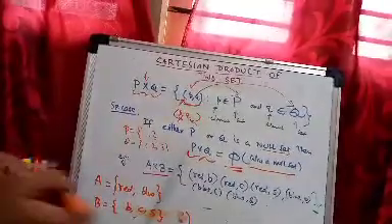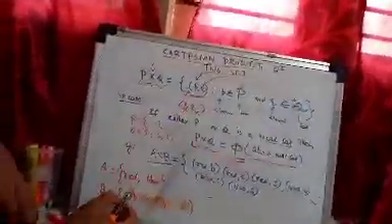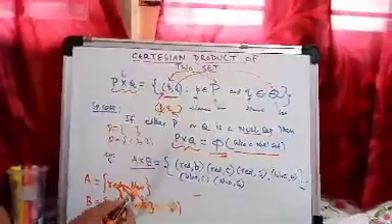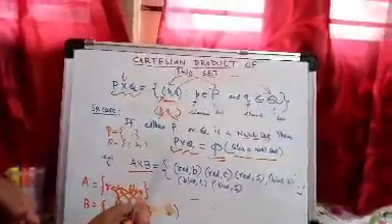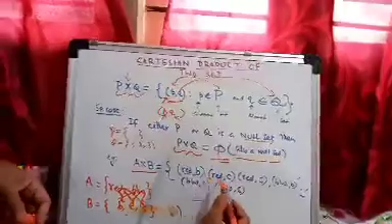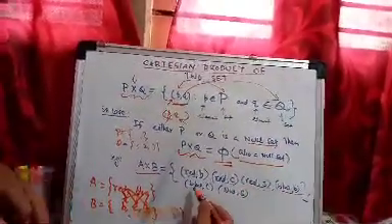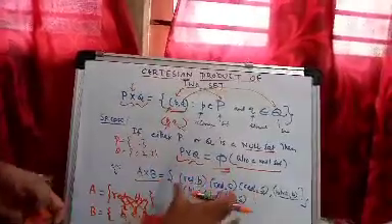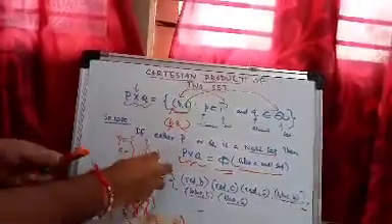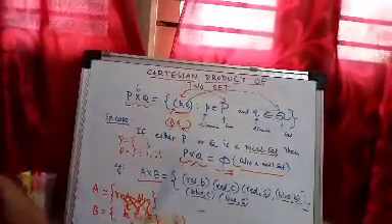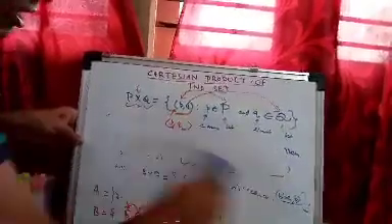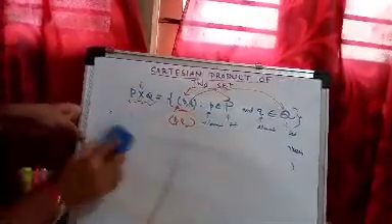So with these two sets, how will we calculate the ordered pairs? Red bag, red coat, red shirt. Similarly, blue bag, blue coat, blue shirt. So these are all ordered pairs, and this collection of all ordered pairs is called the Cartesian product of two sets. Now I will give you some more examples so that you will get clarity on what the Cartesian product of two sets is.